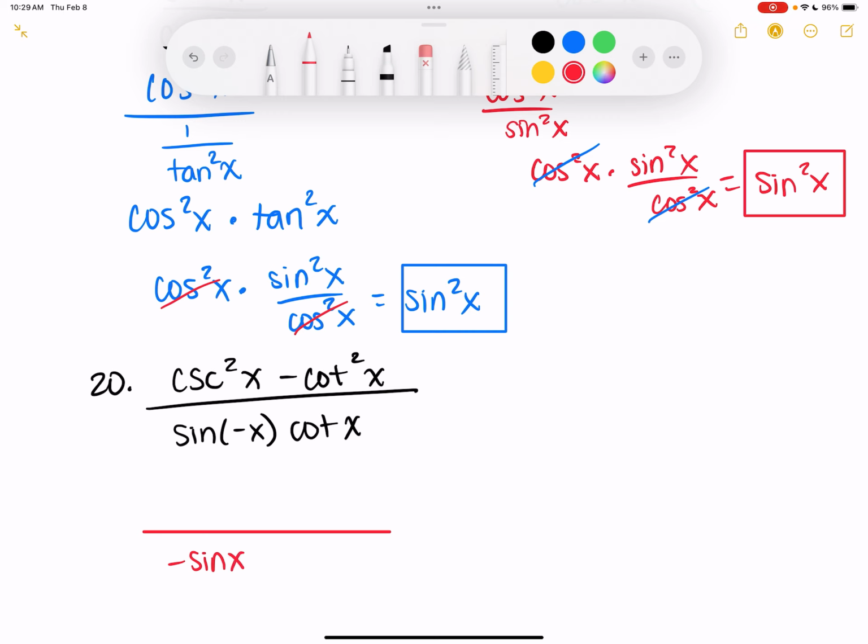How can I rewrite cotangent, knowing that I want to see if things will cancel? Cosine theta over sine. Yep, so times cosine x over sine x. Which is good because now I see something's going to cancel. Okay? Now on top, what is this, or what does it look like? 1